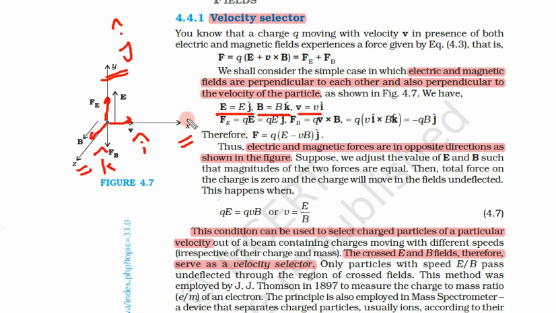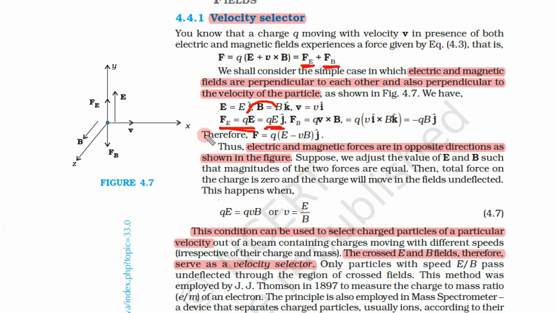So what we have chosen, all three are perpendicular. V is in the x direction, this electric field in the y direction, and this B in the z direction. All three are perpendicular. So what will happen in this case? This has two parts, electric force as well as magnetic force. Let us see what is happening. Fe is equal to QE. Let us put the values first: Q, E is simply Ej.